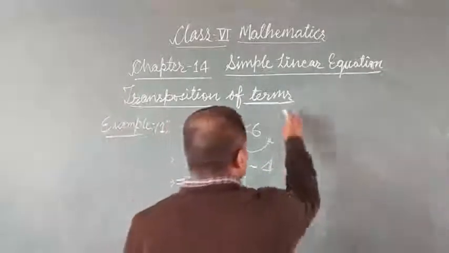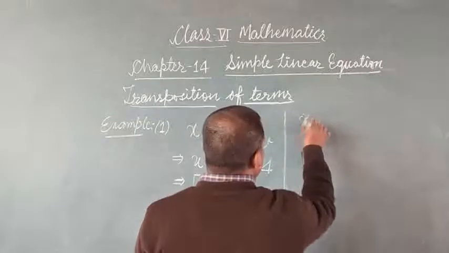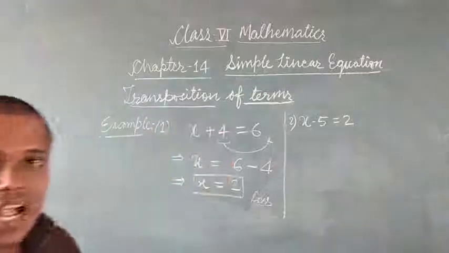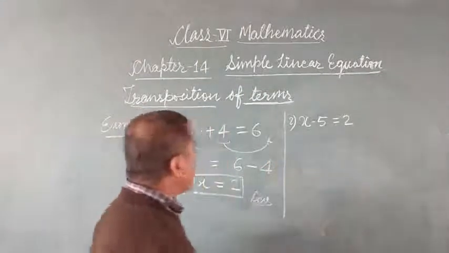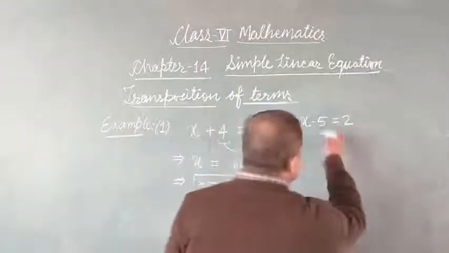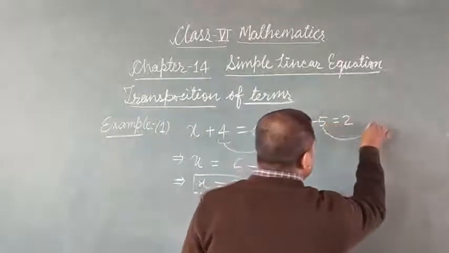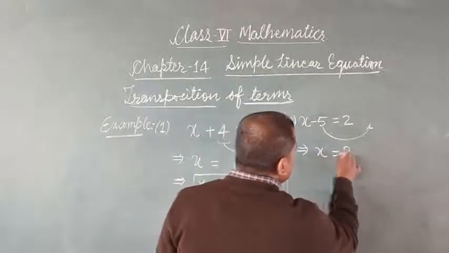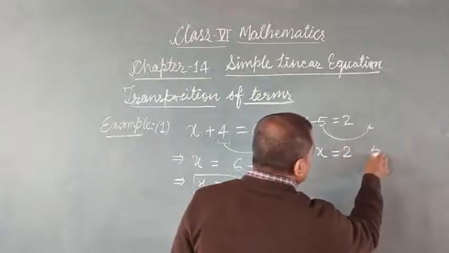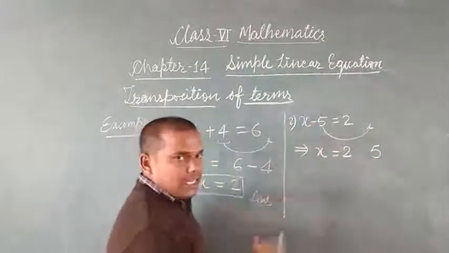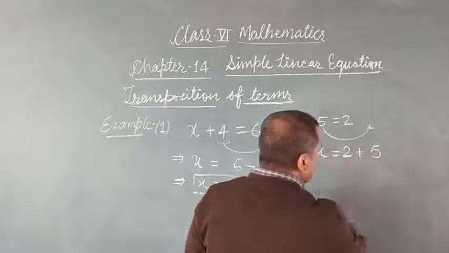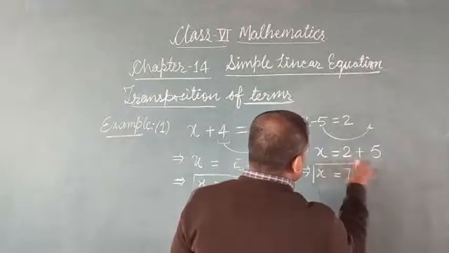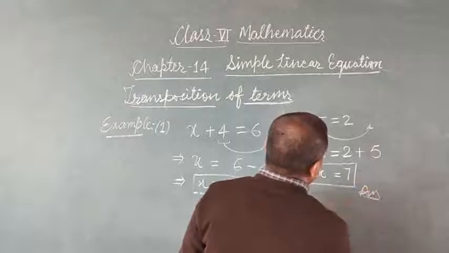One more example you see here. If we are having x minus 5 is equal to 2 and then we have to calculate the value of x or we have to find the solution. So once again here we send this term to the right side. By sending it right side, the sign will be changed. So it will become x is equal to 2 and here is 5. Since 5 is here with minus sign, it will go to right side, it will become plus. So it means x is equal to 7. This is the solution of this equation.